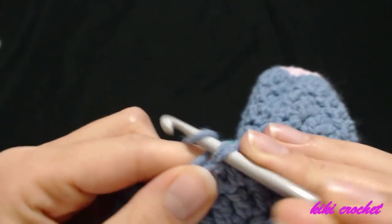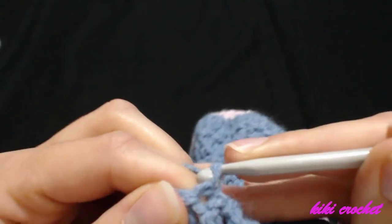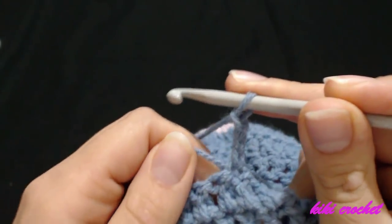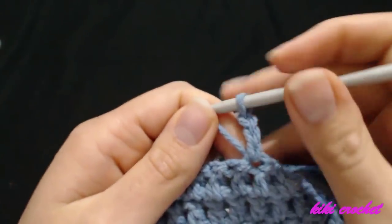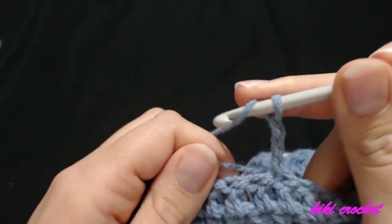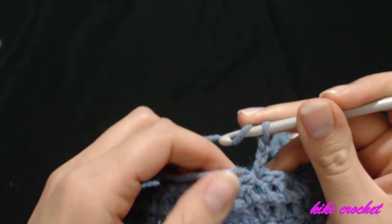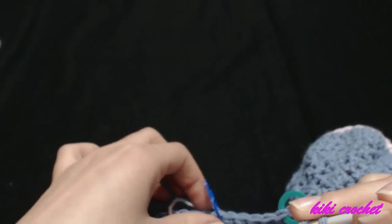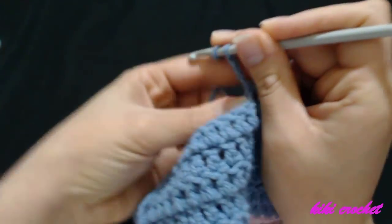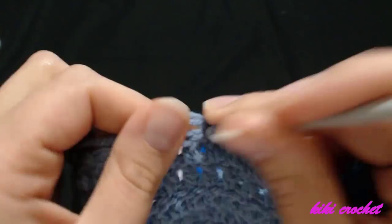So I'm going to grab the yarn and pull it through the stitch, and I'm going to make 3 chains. 1, 2, 3. So this 3 chains count as my first double crochet for this row. So I'm going to start making double crochets from the next stitch, and I'm going to make 1 double crochet in every stitch up until this blue stitch marker over here. So I already have my first stitch,